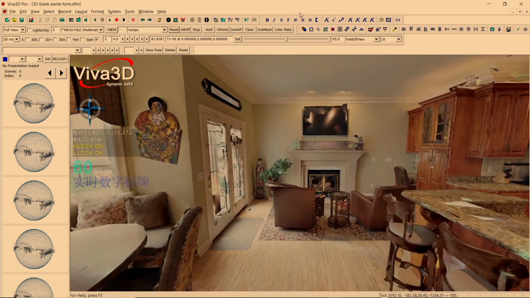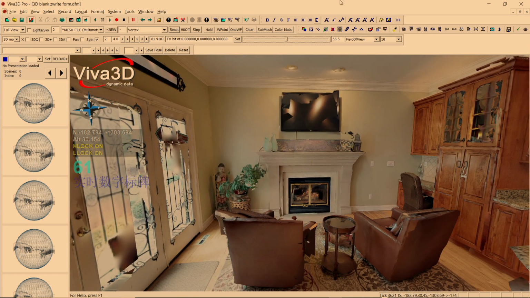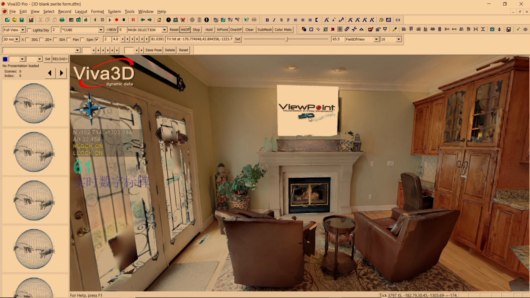So one of the things you can do with Viva 3D is, for example, we can click on the TV screen here and we can drop in an object here, which we can then size to be roughly the same size as the TV screen itself. And let's move that back into the wall. Slightly larger. And once we've got that in position,